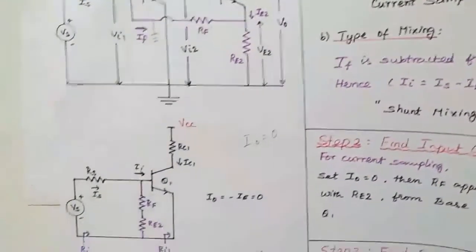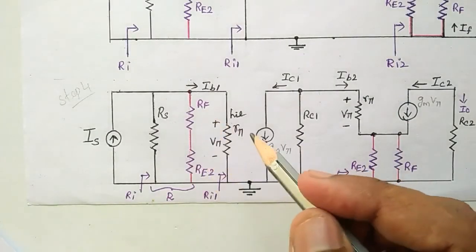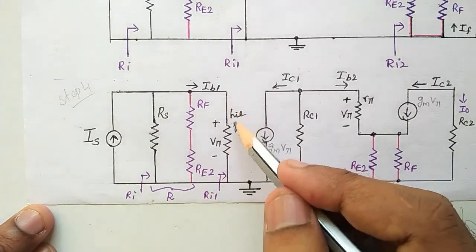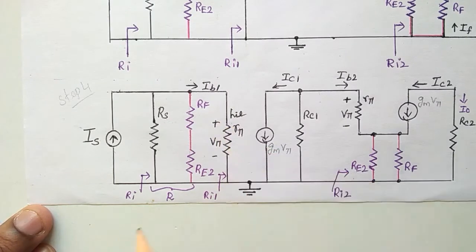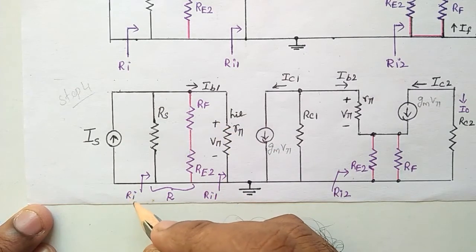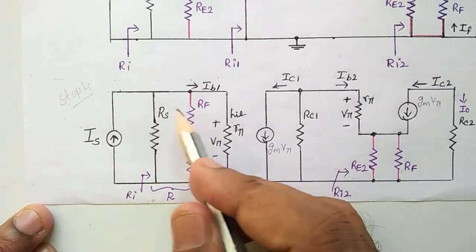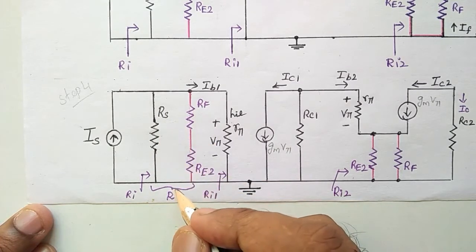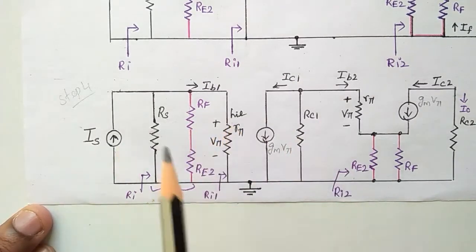So for the remaining things, in the input side we had a series combination of RF and RE2 that is placed here in the equivalent circuit. So this is the transistor's internal base to emitter resistance HIE, otherwise written as R pi. The potential available between these two terminals is V pi. Okay, so this is nothing but RI1. I am fixing the entire input resistance as Ri. So this RS and the series combination of RF and RE2, the parallel combination of this resistance and the series of this, both are combined, and I'm naming the entire resistance as R. Okay, right. Up to this, the input circuit is over.